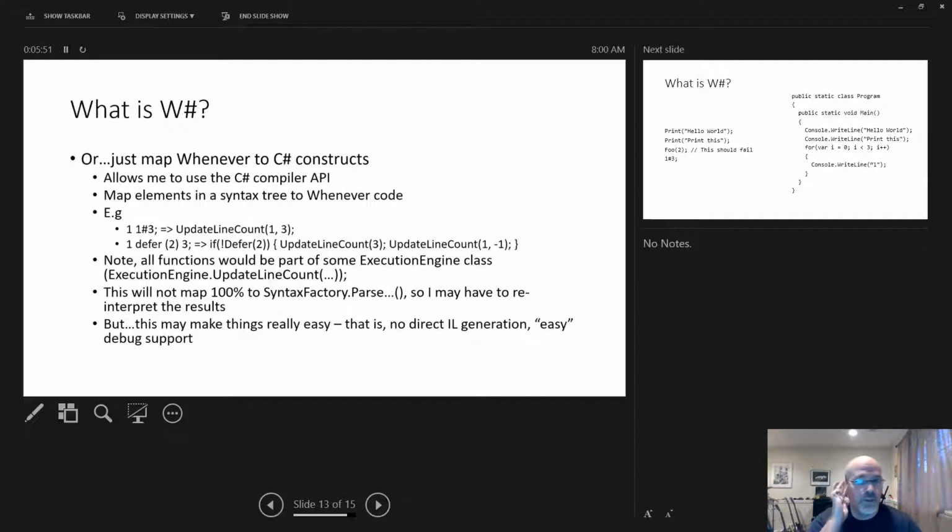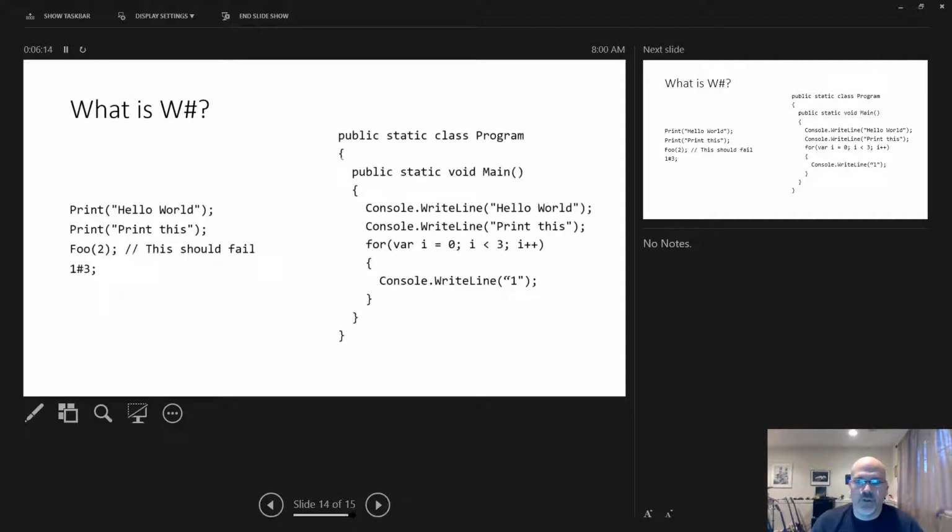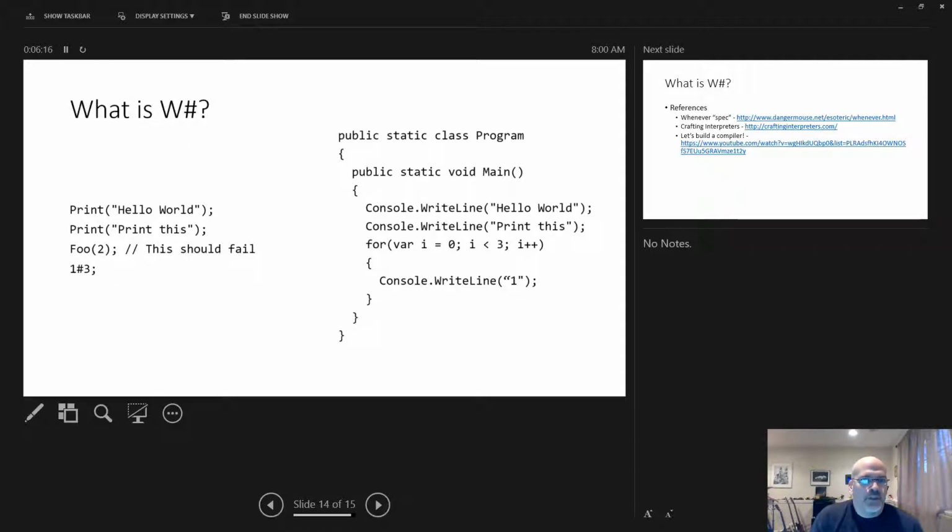But the point is to take what's there and map it into C#-like syntax, and then I could just use the C# compiler to parse all that. But I don't know if that's going to work for debugging. I want to actually be able to debug a Whenever program, and if I do it this way, things may not map in how you debug into your program. So maybe something like this could possibly work, but I'm not really hot on this, especially since